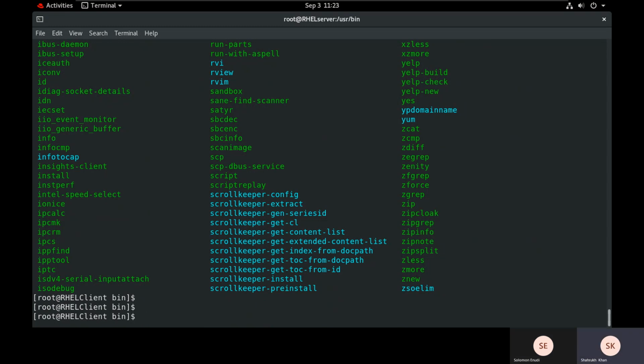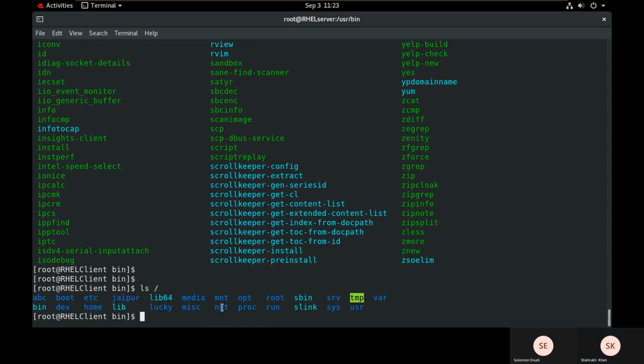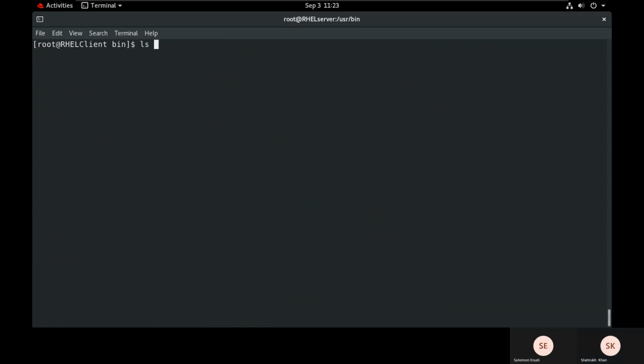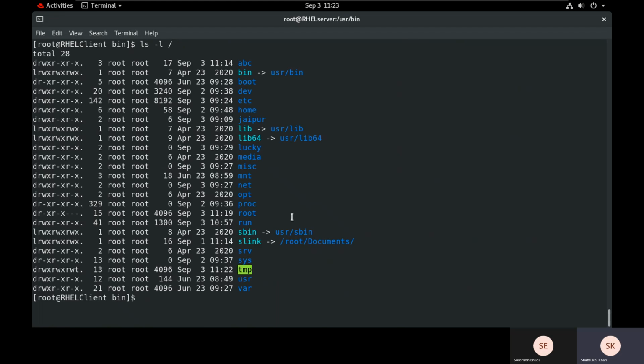And there are two directories which you need to be aware of. Like ls -l on slash. If we see bin, it is a soft link of usr bin. So it is just pointing to the usr bin directory. And this sbin is pointing to usr sbin. So you need to remember that in the usr bin directory, those commands are stored